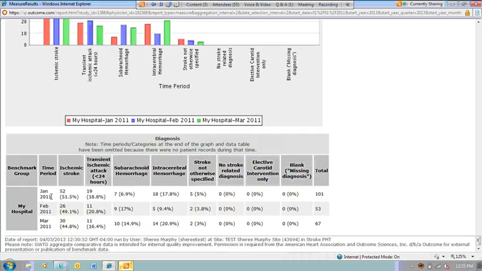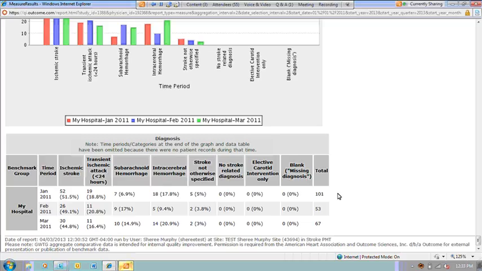So it gives me the monthly breakdown, the total number of patients for each month, as well as the breakdown of each diagnosis. And now here is where, again, I say running the report for the individual months as opposed to grouping them together right off the bat can be helpful.